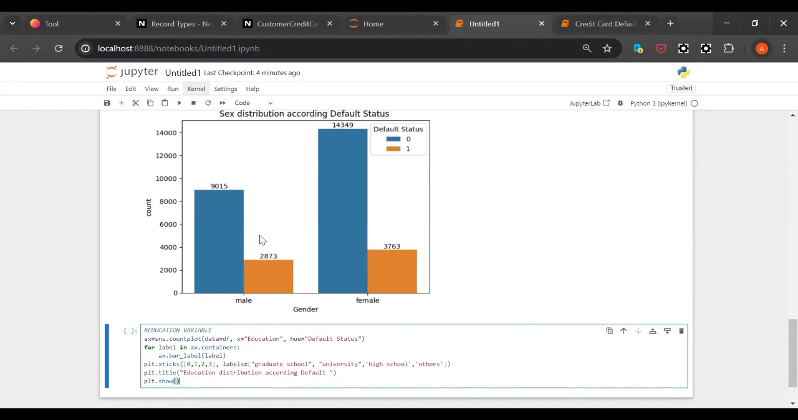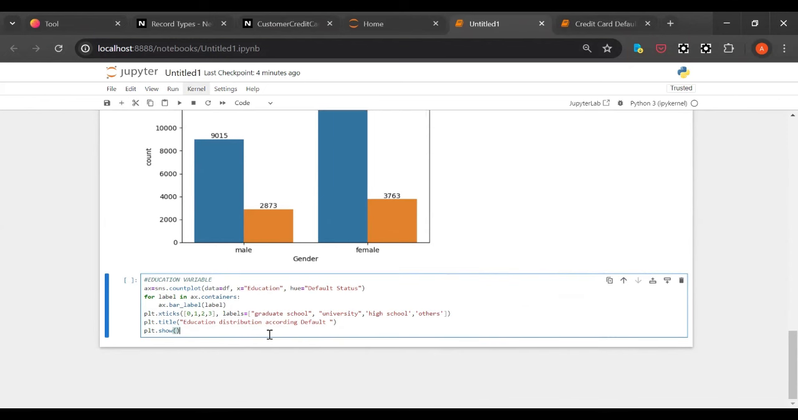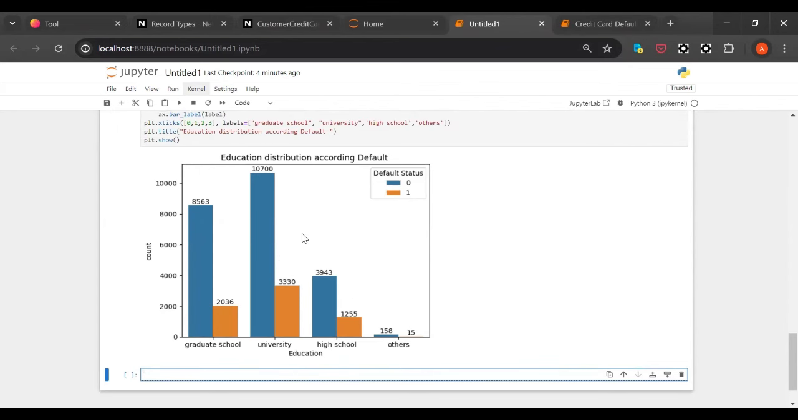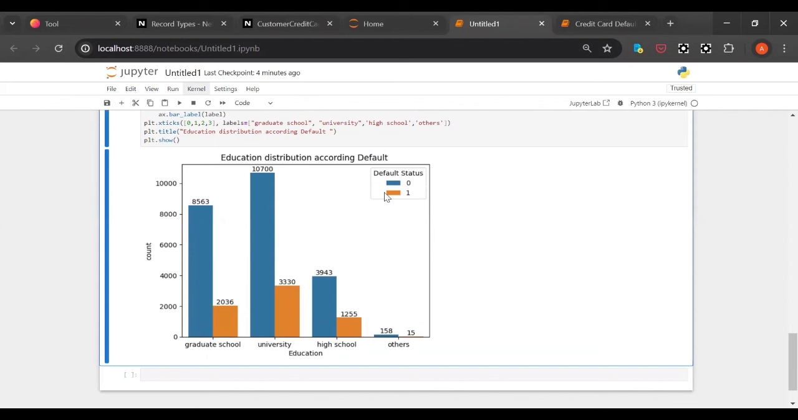So similarly here also we are separating data based on, first of all, male and female, then we are separating data based on education, right? So we are distributing the data based on education. See here, graduates, university, high school and other, right? Based on default status, so default status 0 and default status 1. That means the count of those people who are educated and default is less, right? Similarly,